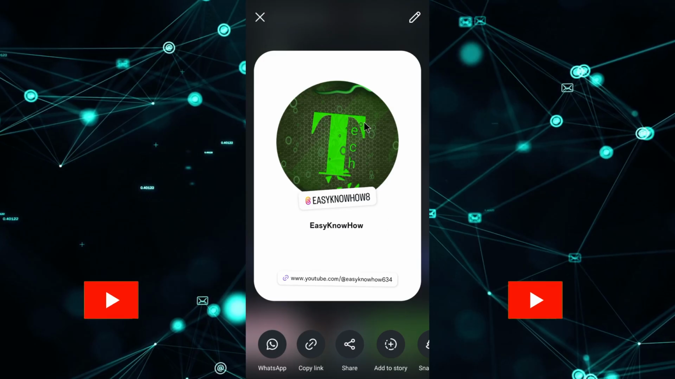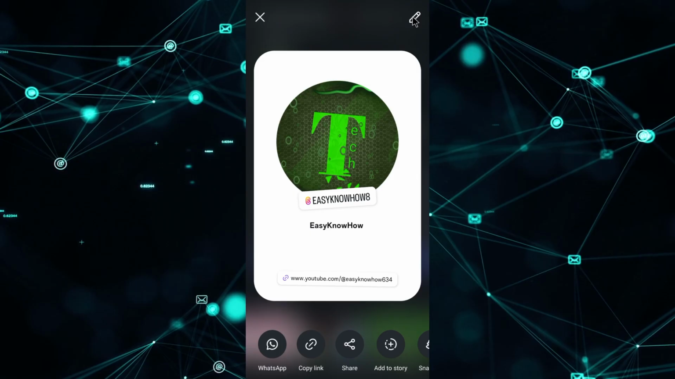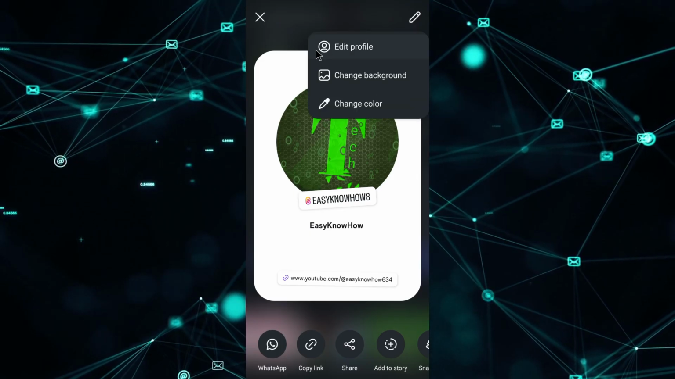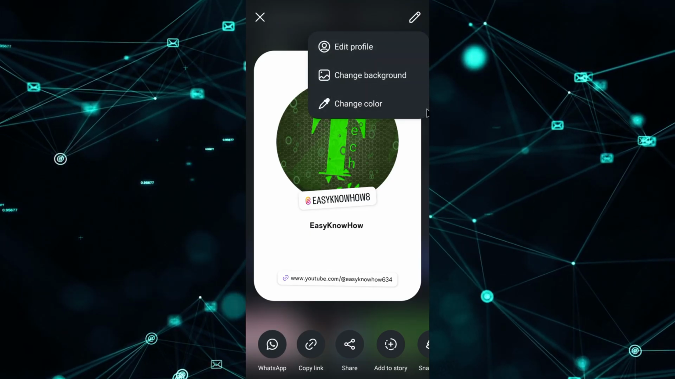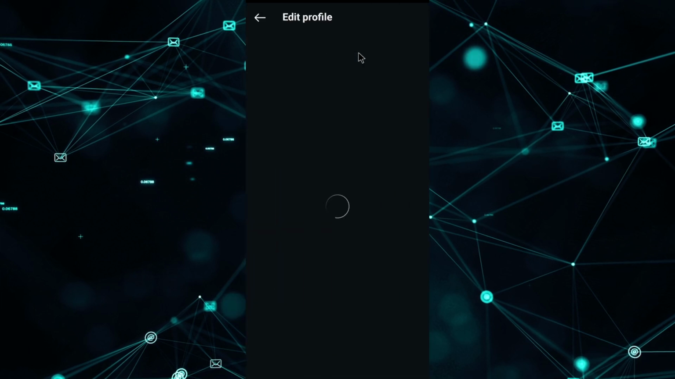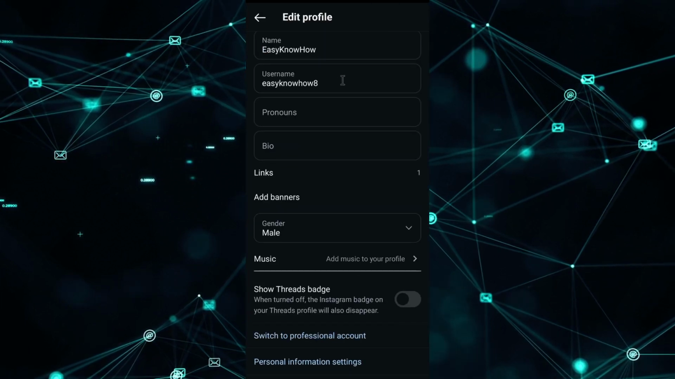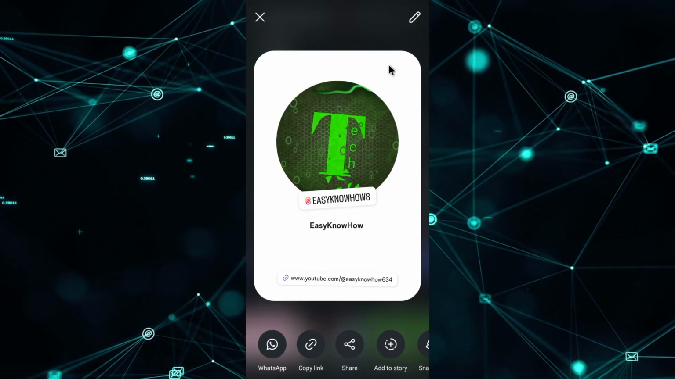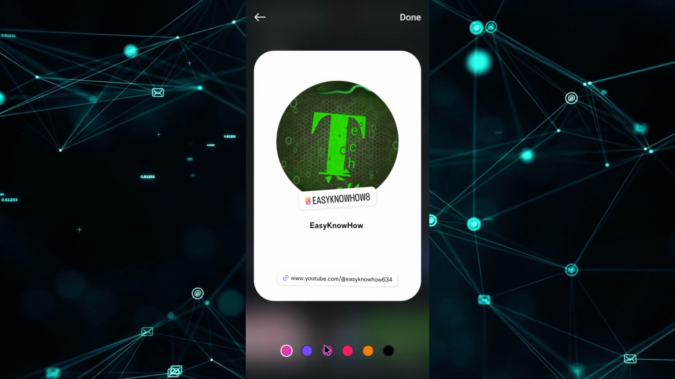To customize your Instagram profile card, tap the pencil icon in the top right corner. This will open a menu with a few different options. You can choose Edit Profile if you want to make changes to your profile info like your bio, pronouns, or links. If you'd like to change the design of your profile card, you can tap Change Color to choose a new background color for the QR code page and add matching background colors around your profile details on the other